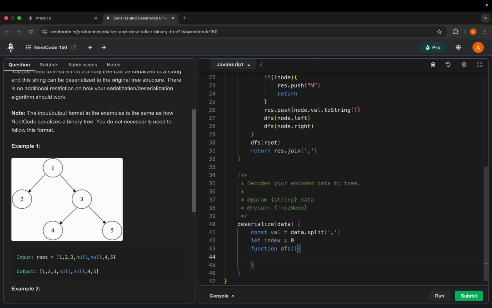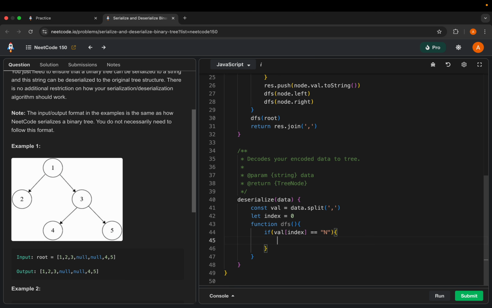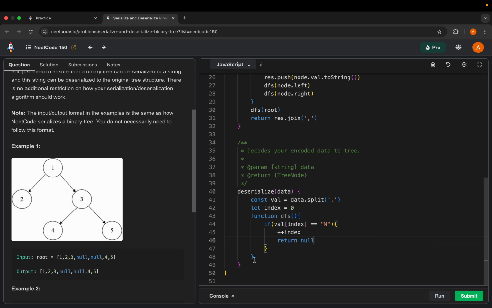Okay, then we'll say if val index is equal to n, then we can simply say return null, right? We can simply return null, and also we have to increase the index, that this element is done. Go to next guy. Okay, if it is not, then also increase the index,